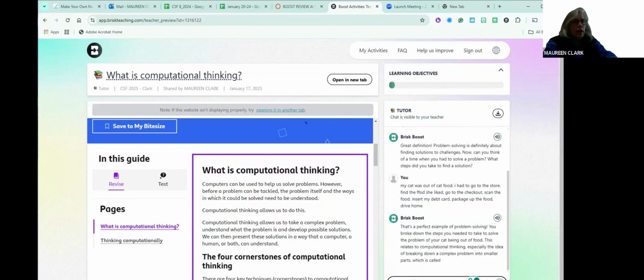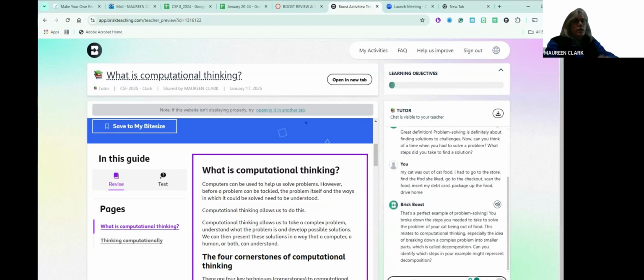All right. And you can see it wasn't great typing. It doesn't care about capitalization. I did typos before when I was playing with this, and it really doesn't care. The AI is pretty smart. It'll figure it out. And then it gives you a response. Okay, you broke it down into the steps you need to solve the problem. And then it comes down, it says,